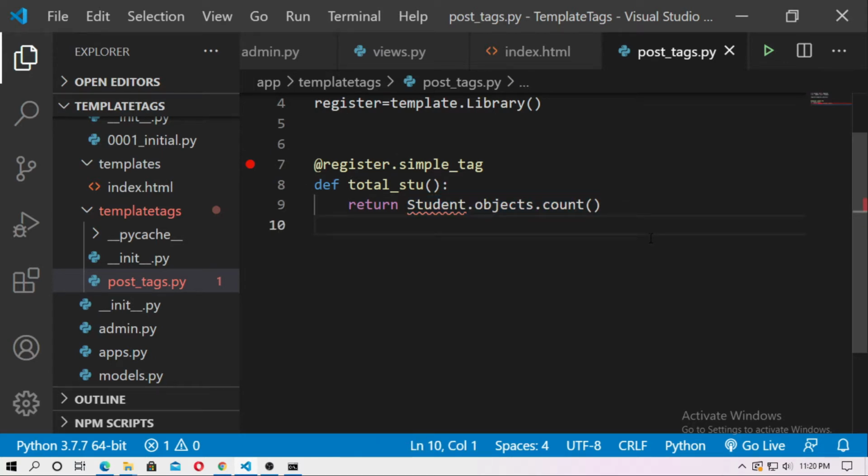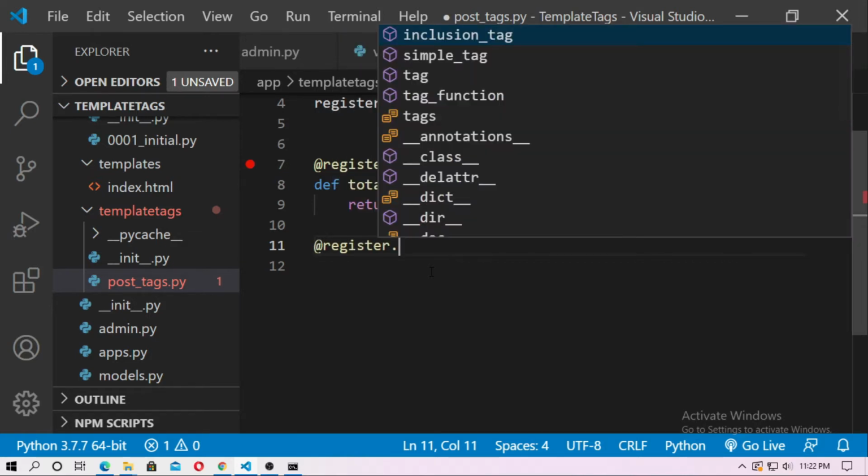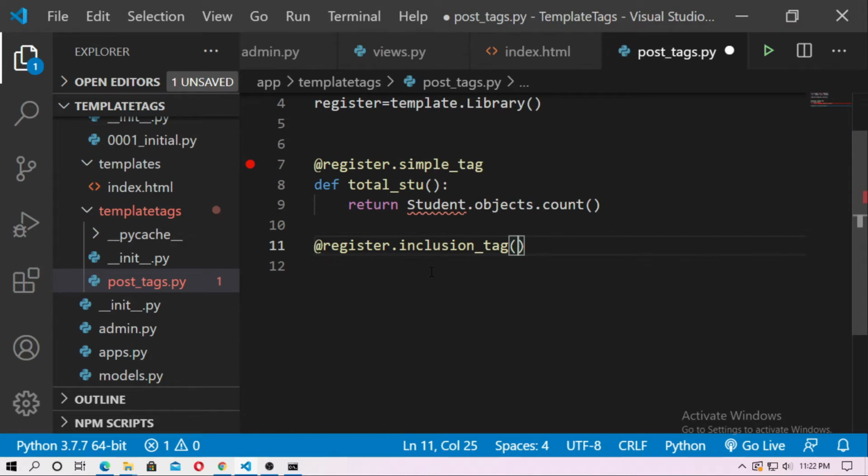In this video I will create the inclusion tag, and it will return the latest student name, or the last 2 or last 3 student names. At first type @register dot inclusion tag. Now pass the path of the HTML file. Here is the index.html, but I will create another HTML file and name it latest.html.